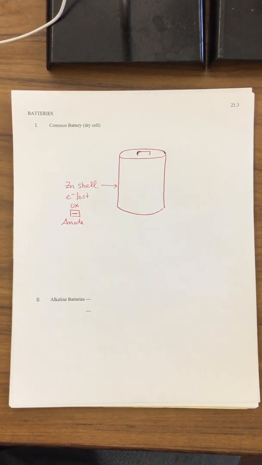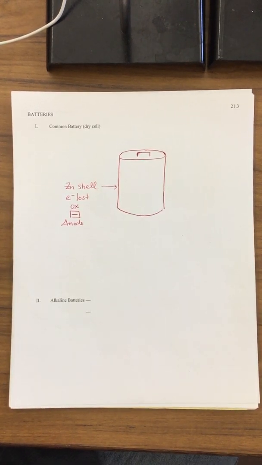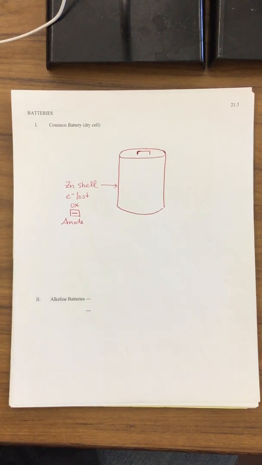Now, I need to mention something that is very confusing, and it's all due to Benjamin Franklin. If you take physics, we're going to review this concept again. You don't need to know it for this class. But Benjamin Franklin, of course, you probably remember him with the kite and the key, flying his kite in a lightning storm, which is not recommended because a French scientist tried to repeat his experiment and got struck by lightning and died. So please don't fly your kite with a key and try to replicate Benjamin Franklin's experiment.